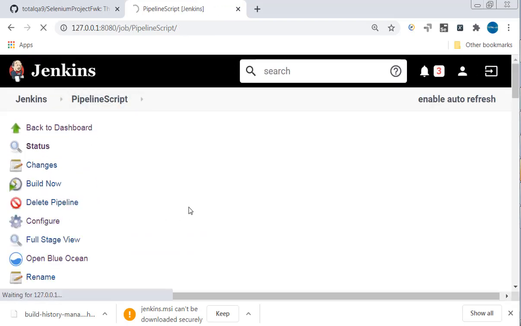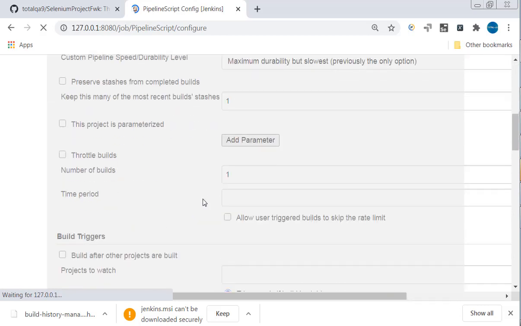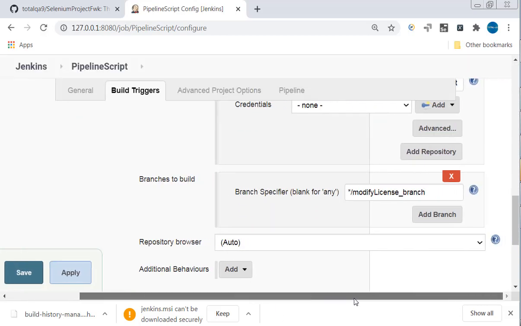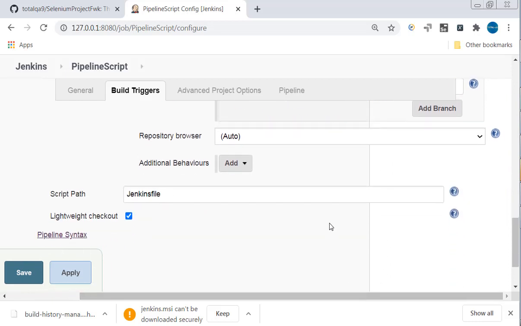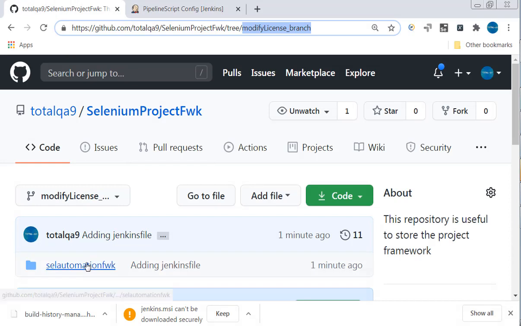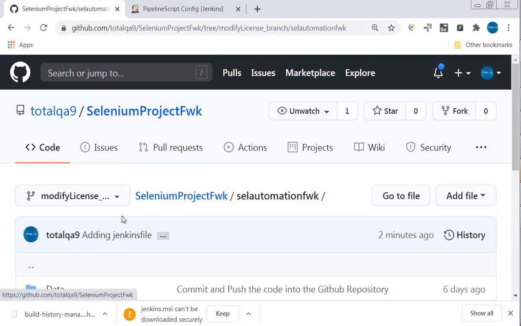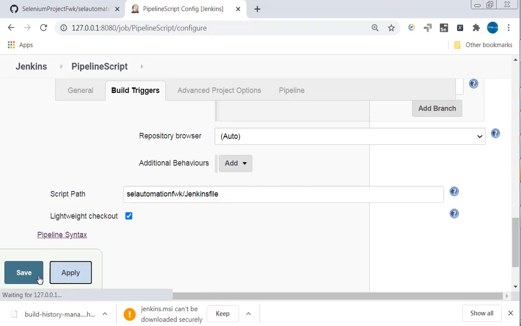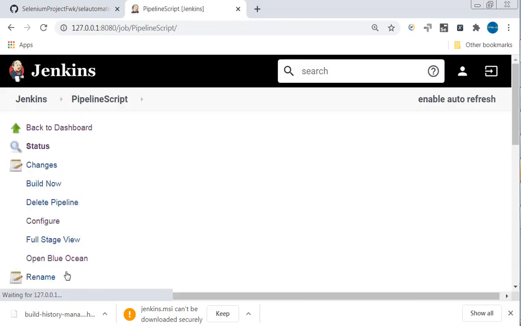Okay, so we need to provide the location of the Jenkinsfile also. The path, what is the path here? The path is the Selenium automation framework folder. Under this folder we have this, copy this now, and provide this path /Jenkinsfile.